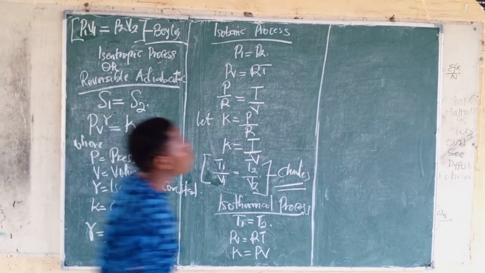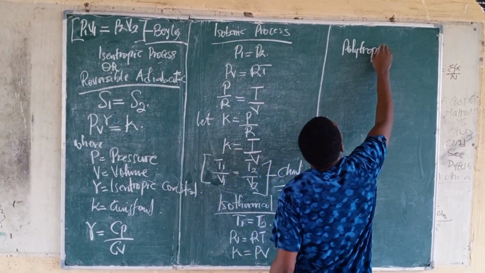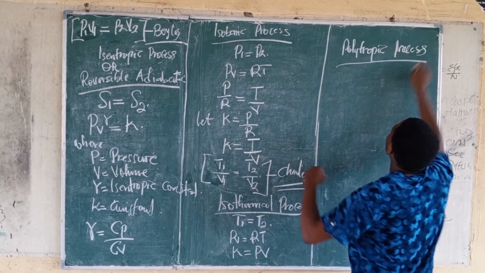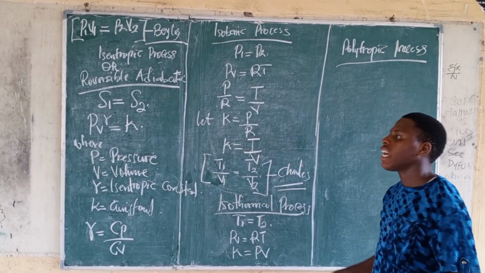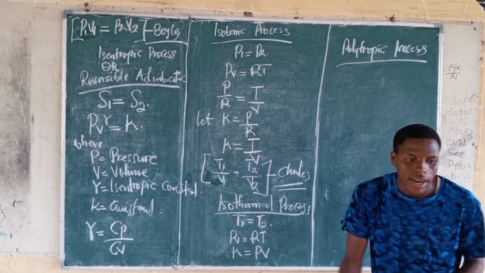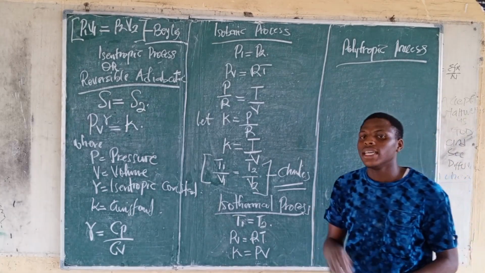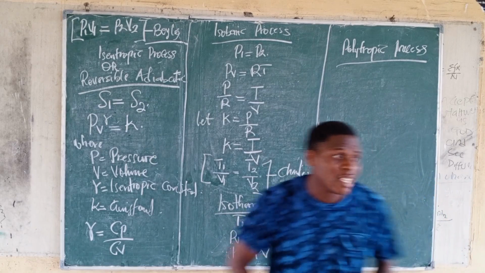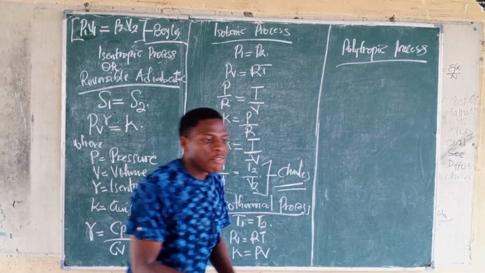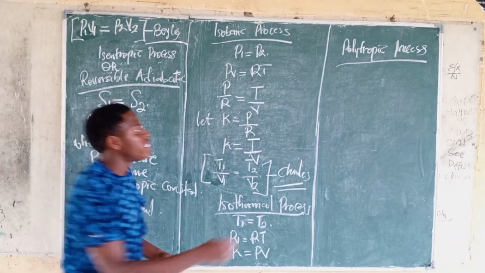now the last process which we talk about was the polytropic process. And I told you that if your process is not isochoric, not isovolumic, or isobaric, or isentropic, or reversible adiabatic, then that process is a polytropic process. Now for polytropic process, the formula we use is